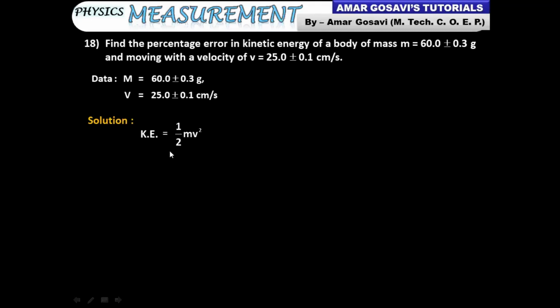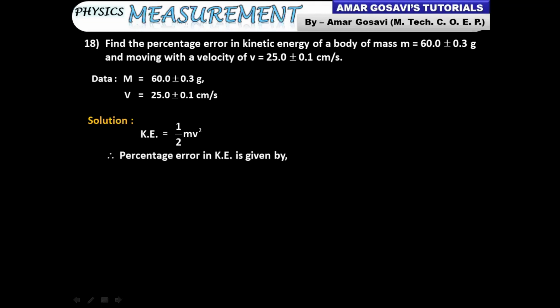Yes, but whatever measurements are involved in mass and velocity, they being the physical quantities, obviously whatever error was involved in both the quantities will add up to the percentage error in measurement of kinetic energy of the body. So let's see how we work it out, because it's not a simple case. Mass is raised to 1, but velocity is raised to 2. Earlier, had it been only 1, the mass error plus the velocity error would be the total error. And this is 2, so things will go slightly different over here.